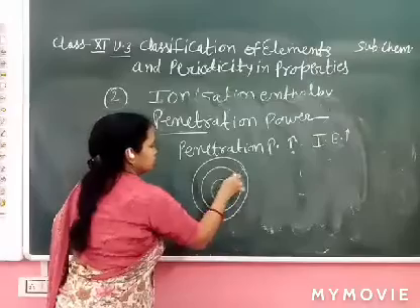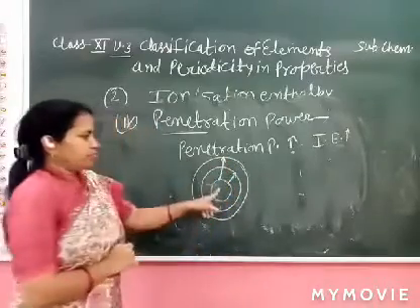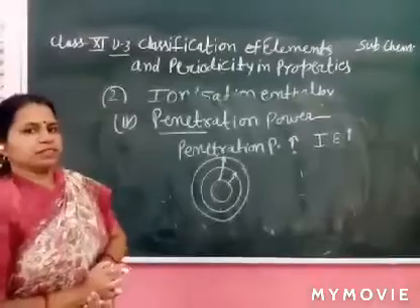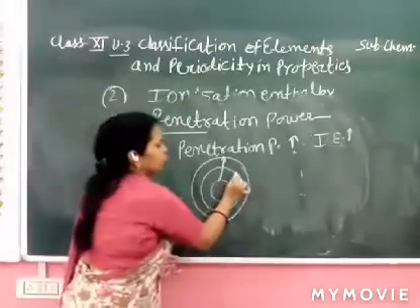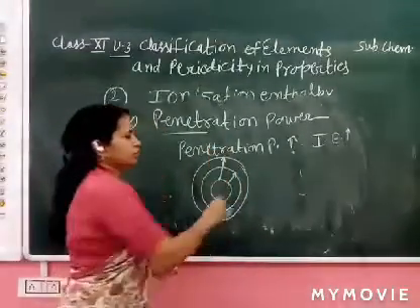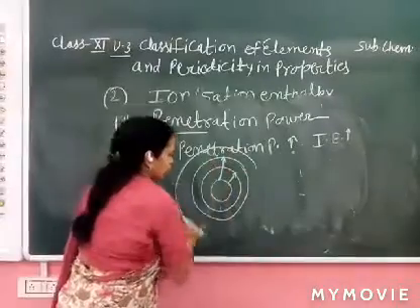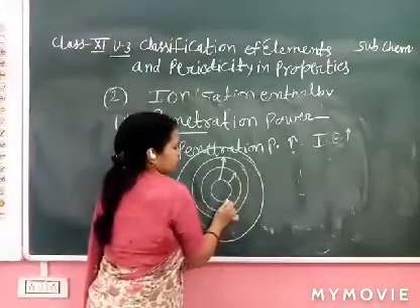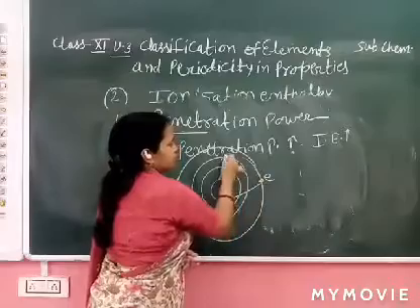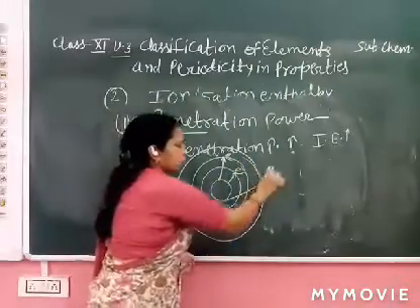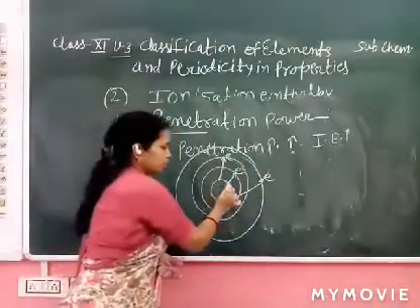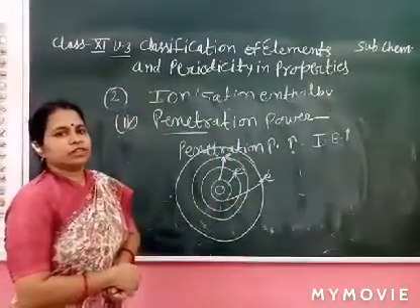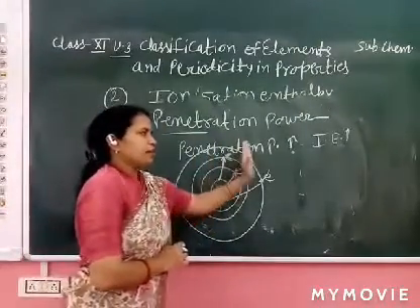Those levels close to the nucleus have the highest penetration power. It is very difficult to remove the electron. It is easily removed as the energy shell is increased; the removal of the electron becomes easier. This electron is removed easily, but this electron is not easily removed. Clear? So penetration power,